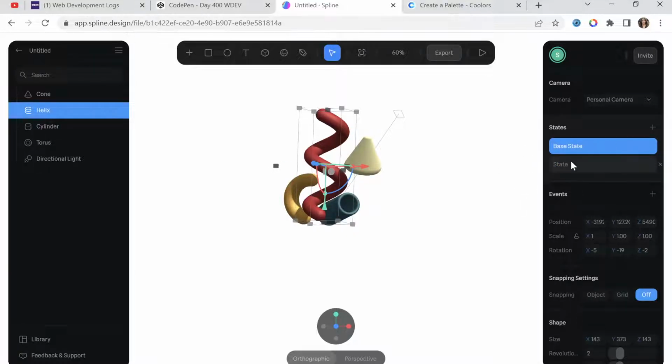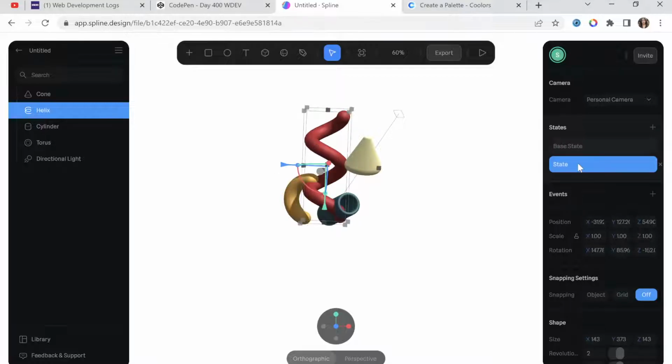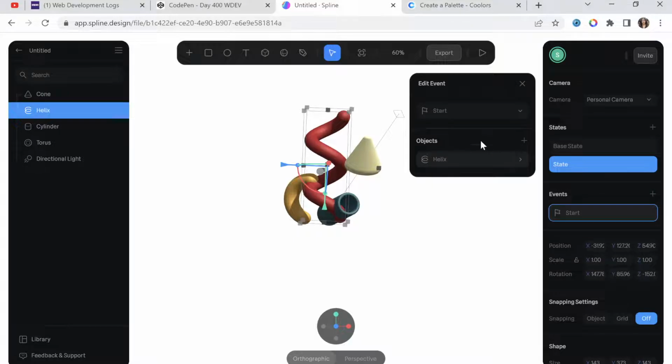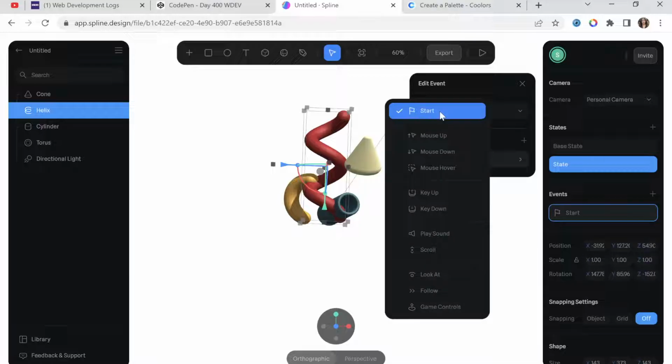to how it was. So base state is how it was, and then state is where it's going to go after I add an event that triggers that state. So probably the start of your web page, when I open up the web page or this 3D model, it's just going to automatically go to that state, and that's when it's going to start. Or it could happen when I scroll my mouse up, or I scroll my mouse down,